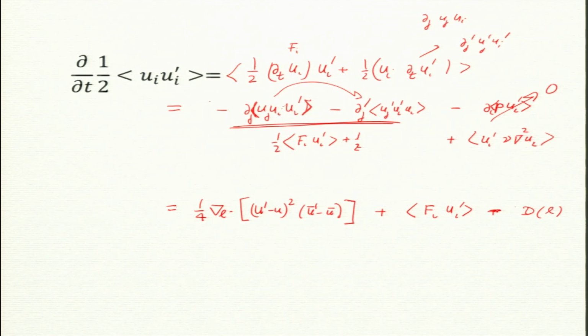I put a minus sign here, following the notation. Now this one is called Tu of L, a nonlinear transfer term, and this is coming as force L, and this is a du of L. So this is how I connected the second order correlation time derivative with the nonlinear transfer term. This is that S, you may call S_UU(k,p,q). So this is exactly similar to what we did for Fourier transforms.